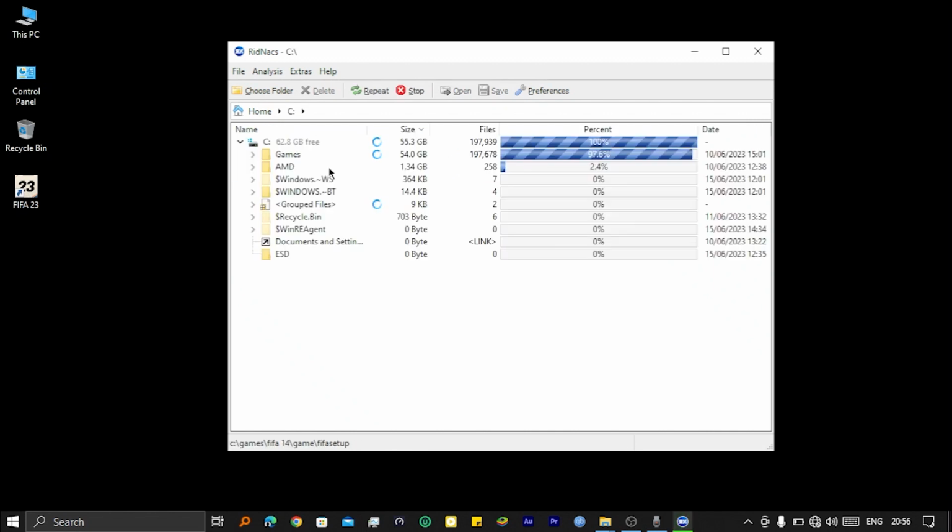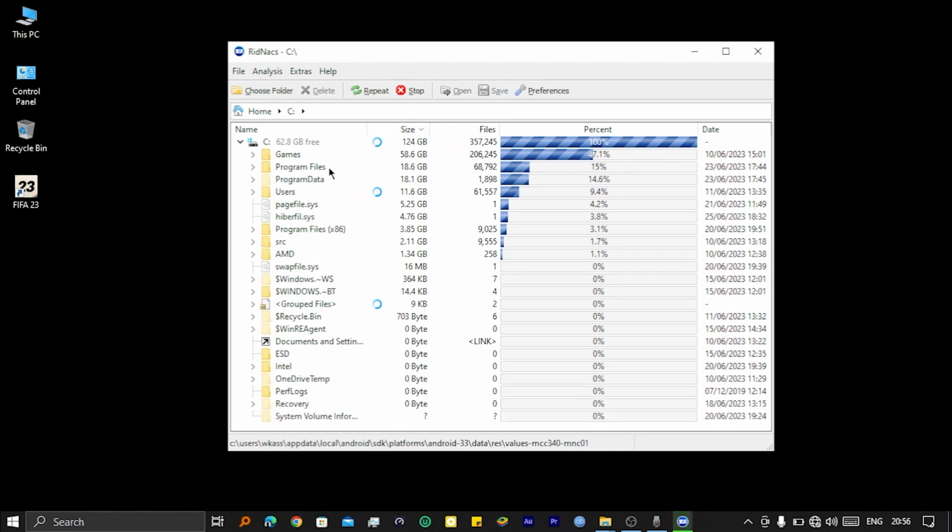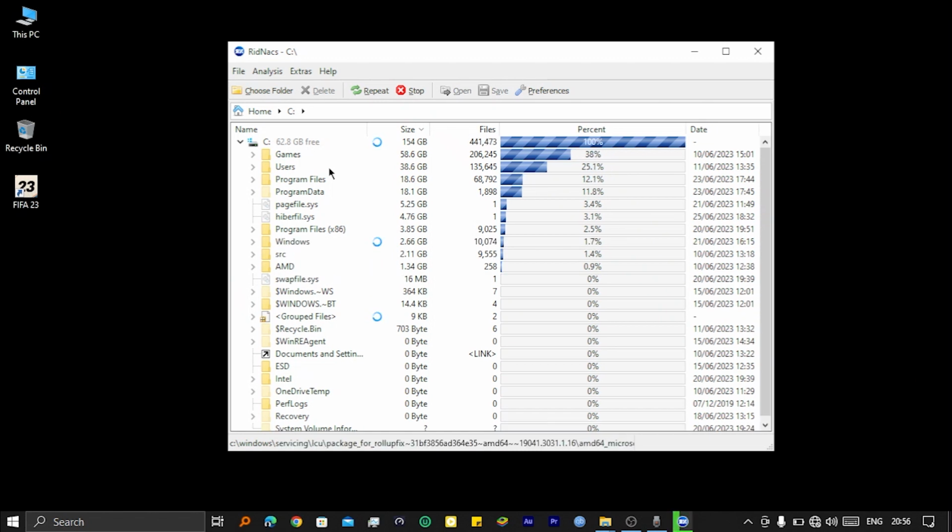So I just double click and it analyzes each and every folder. Every folder is arranged according to how much space it takes up on your disk. So you're able to save more space by seeing some folders that you don't use and they are just there in your PC. So you just delete them and save more space. It is very useful